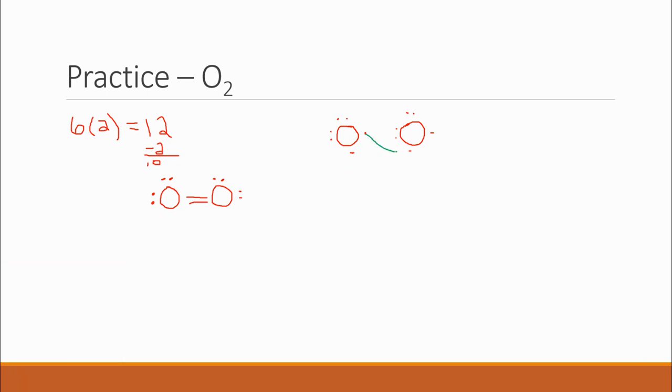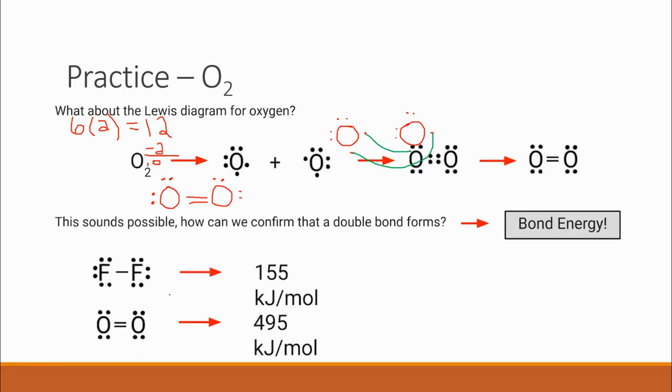So I can connect these 2 electrons, and I can connect these 2 electrons, and now I have a double bond as well. So you can see that the oxygens need to bond twice. So the next, just another note,